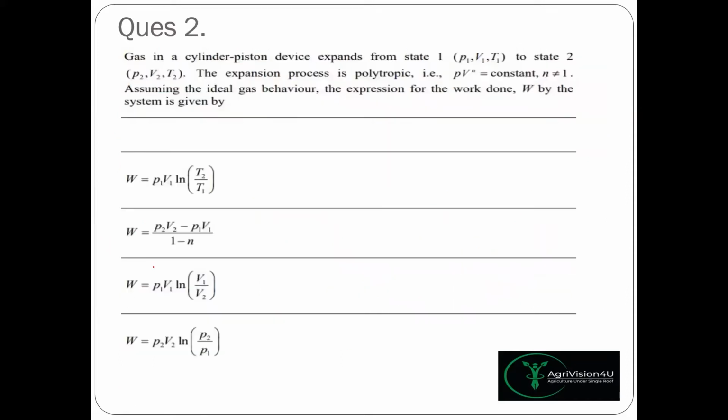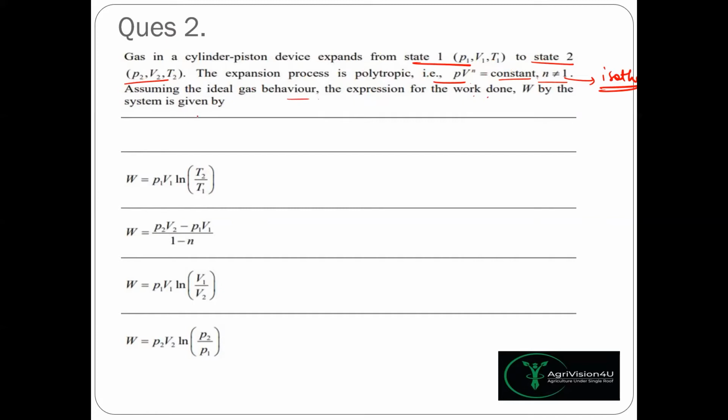Now, moving ahead, we have question number 2, that is, gas in a cylinder piston device expands from state 1 to state 2. The conditions are given: P1, V1, T1, and P2, V2, and T2. The expansion process is a polytropic process, PV to the power n is equal to constant, where n is not equal to 1. If n were equal to 1, then that would be an isothermal condition, right? So it's given that n is not equal to 1,